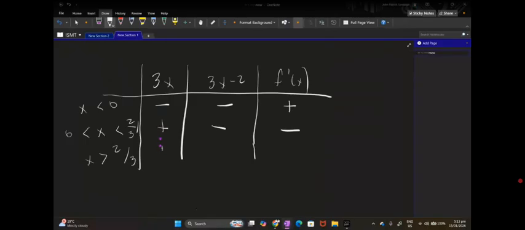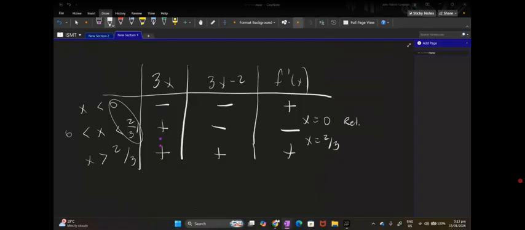Then, greater than 2/3, it's still positive. Instead of 2/3, sabihin natin 1. 3 times 1, it's 3 minus 2, it's positive. So, increasing, decreasing, and increasing yung function natin. So, increasing siya at x is equal to 0, and decreasing siya at x is equal to 2/3. So, always check yung pinaka-kilid na number. So, increasing siya sa x is equal to 0, so it's gonna be